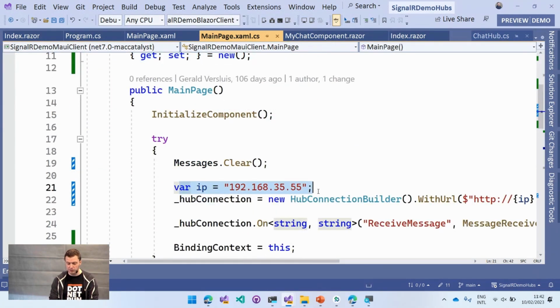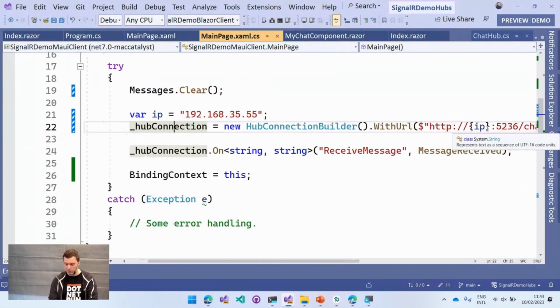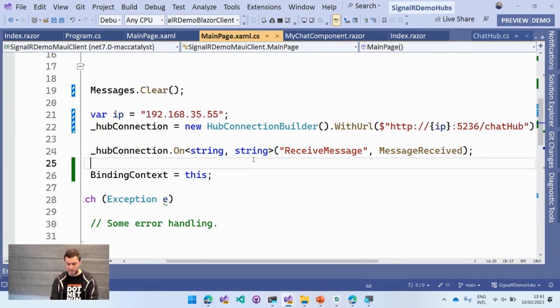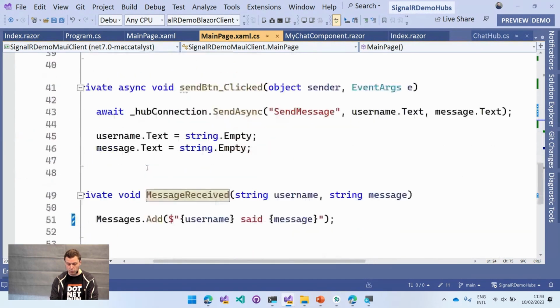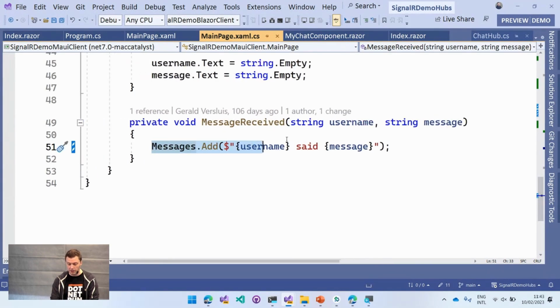I have this very secret IP address. Oh, and I needed to get back to that. Thank you for reminding. I'm going to set up that connection, right? Exactly the same way, but now with an IP address. And I'm going to register that same kind of callback, ReceiveMessage, MessageReceived. And this time, when the message is received, I'm going to add it to these messages,